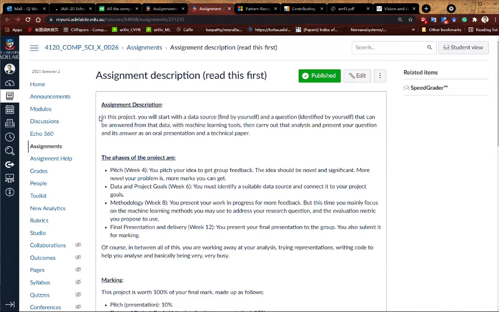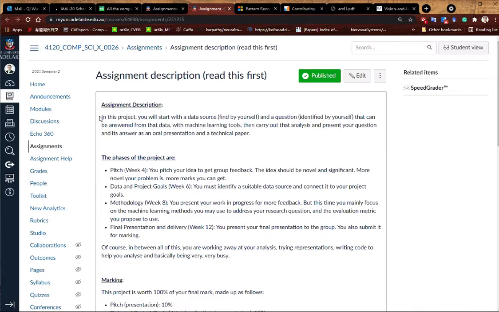Basically, that's the process: find the data and the question, find the algorithm, machine learning, to solve that problem, then turn it into a presentation and a technical paper and show us, and we will mark based on that. So Chris asks,